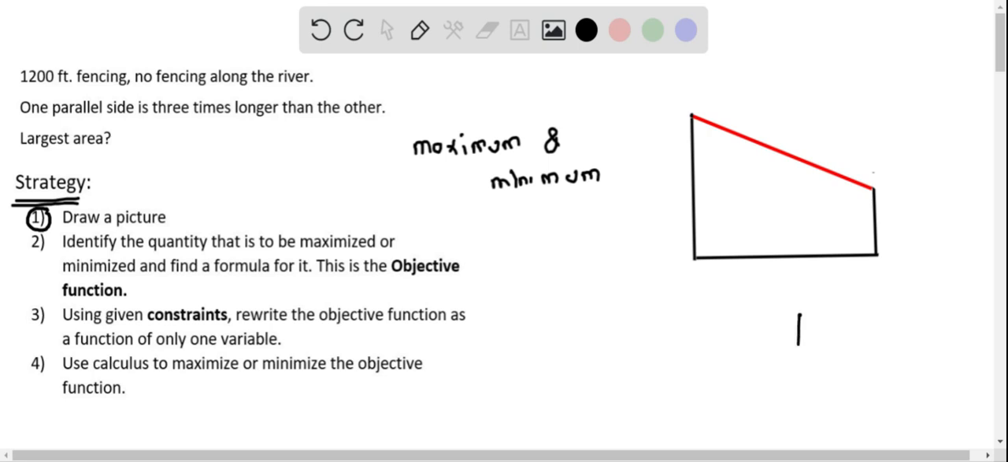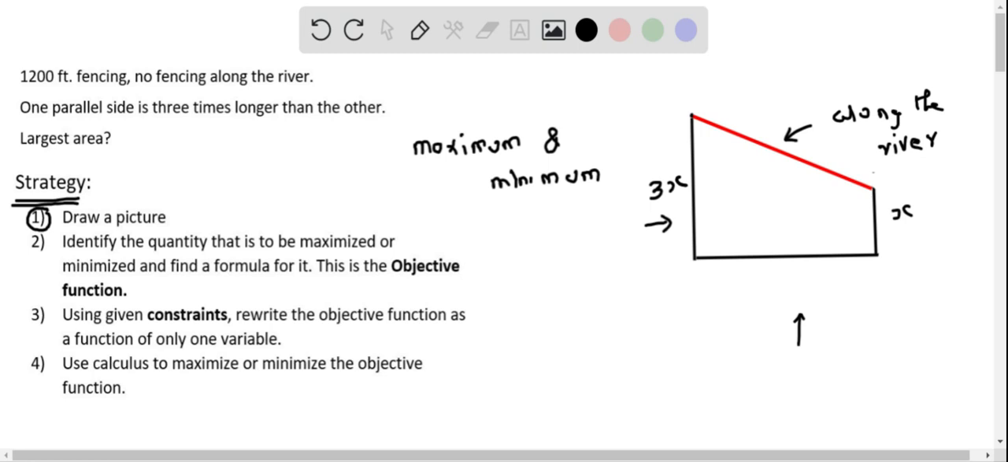So here I have drawn the picture of the field of the farmer, which is basically a trapezoidal shape. This red line is basically along the river. And since one parallel side is 3 times longer than the other, I can mark this as x. This is one parallel side. If that is the case, the side which is parallel to this is this side. So the length of this parallel side is going to be 3x, because this is 3 times longer than the